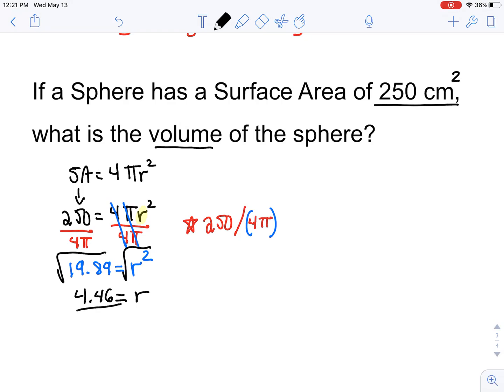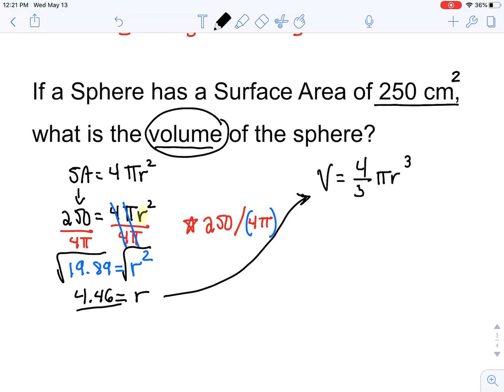And again, you do want to try to take the square root without rounding. Once we've gotten this radius, now we can go on with this. So now that we know the radius, we can come over and find the volume. Volume is 4/3 pi r cubed, and now we have a radius to plug in,